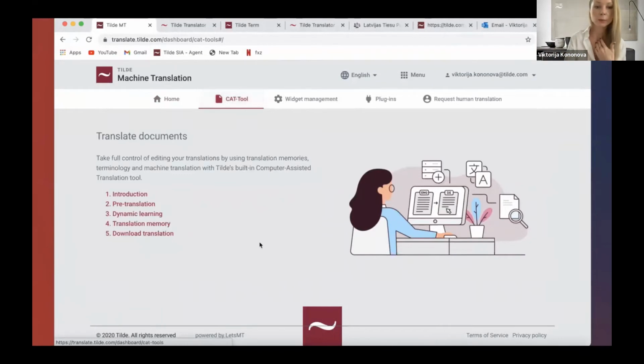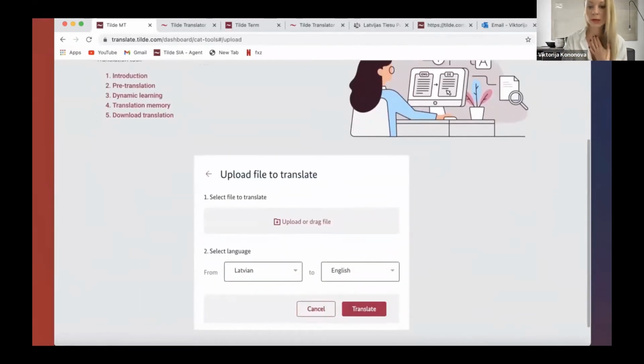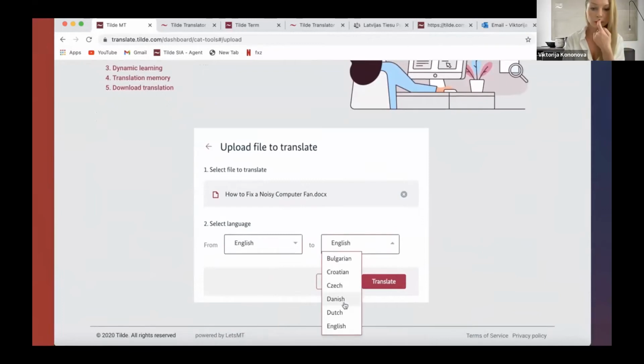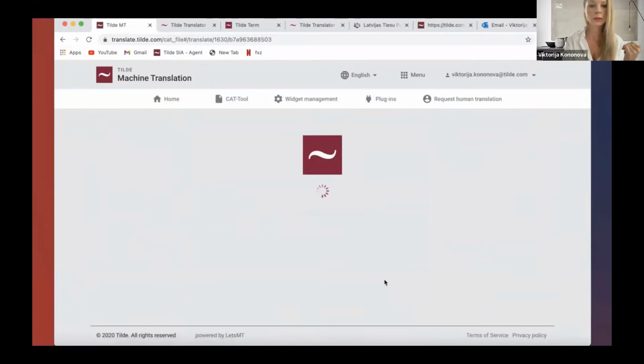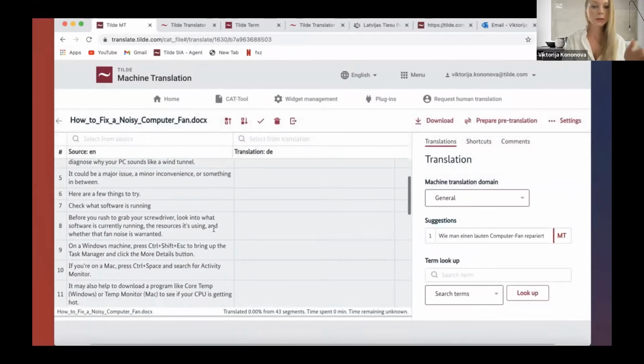So for example, as a company manager, I have some regulatory dossier that I want to upload and assign to anybody in the company to look at. I can just do it right there. Let's say I want to translate this document from English into German. Now, this is how the system would break down the file.